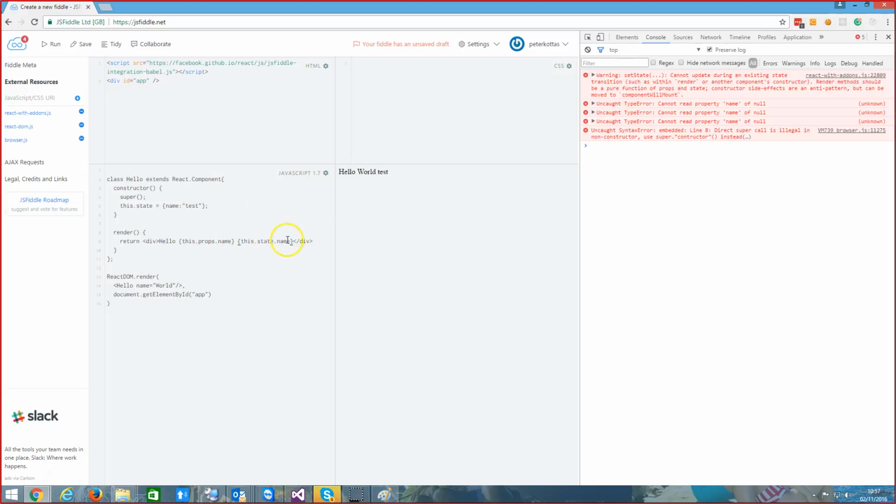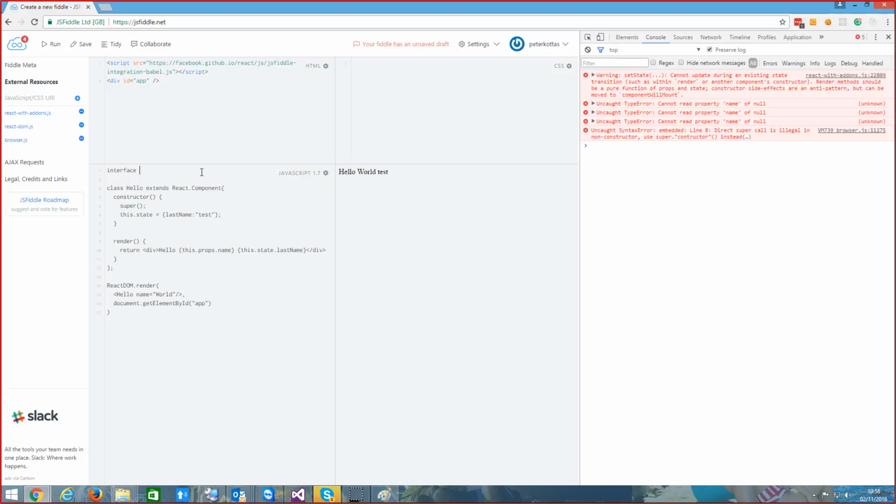Now, all I wanted to do with this is show you that there is a state and there are props, and state is set inside the element and props is passed into it from outside. Now, in order to have some sort of type safety around this in TypeScript, let's call this last name, make it look better. In order to define these so that the compiler and your Visual Studio or VS Code or whatever you are writing this with knows the only things that can be there, in TypeScript you need to